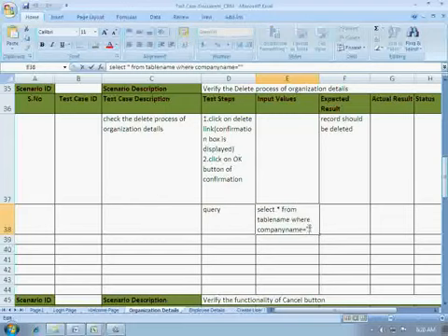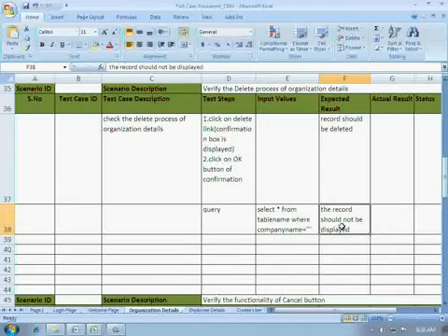Give that company name here. Expected result: the record should not be displayed. It should not be displayed because it should get deleted, right? If the record is deleted, it will not be displayed. This was the first step.